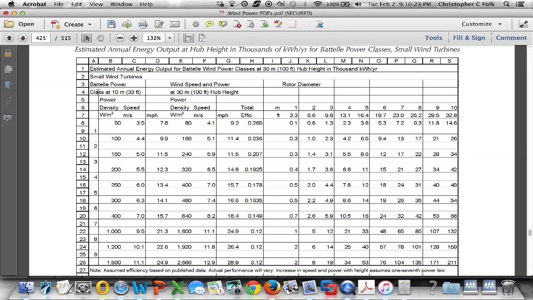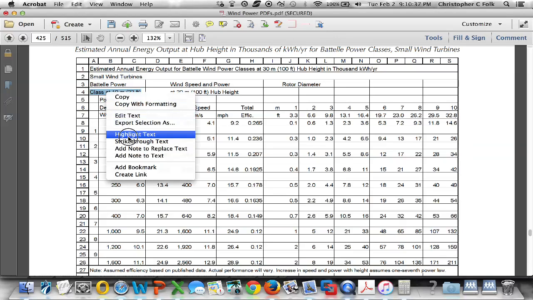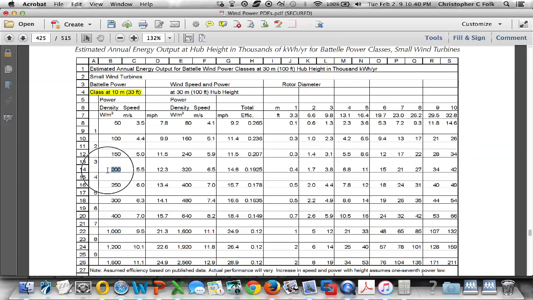Here are my classes. It's kind of tough to see this. Here's my class 4. What ends up happening is I'm measuring the wind speed at 10 meters, right here, and at 10 meters, anywhere between 200 and 250